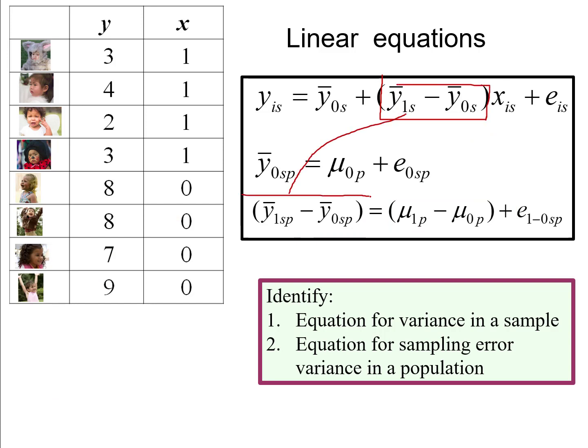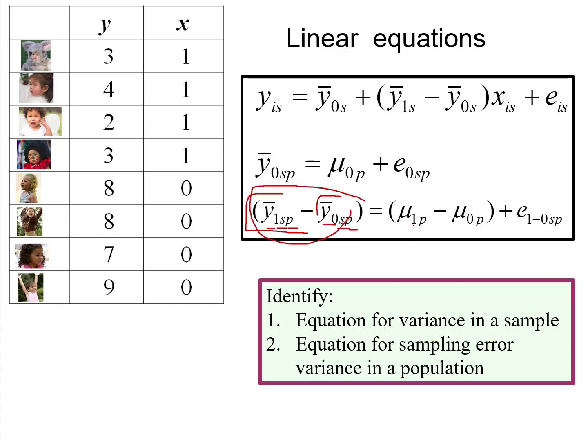And as always, when I move down to my second equations here, I'm going to add a subscript p to clarify this is coming from population P. So I'm going to erase stuff so I can go through this here. So I have y bar, the mean for group 1 from sample S from population P, minus the mean for the control group, the mean for group 0 from sample S from population P, so that's the difference between our